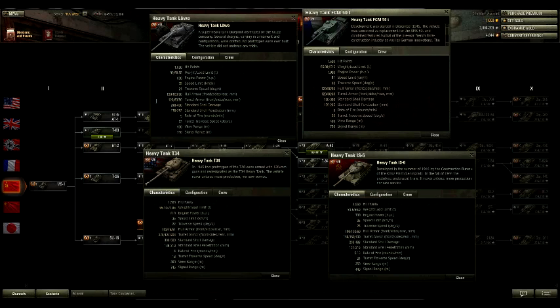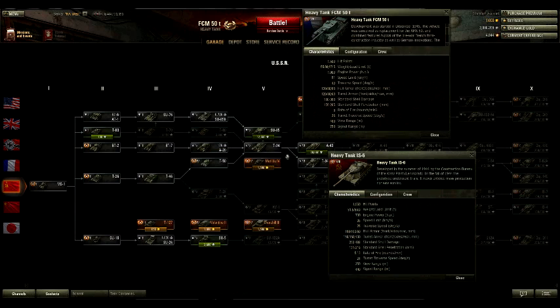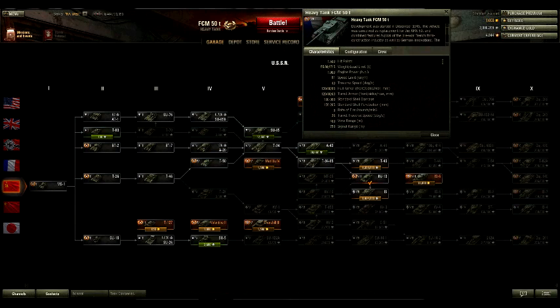It's on par with the LOL, which is incredibly well armored to begin with. In fact, the LOL has more armor than this thing, and the LOL has better sloping too, and less weak points. So it is also the fastest, and its gun is more like a medium tank gun. Anyway,